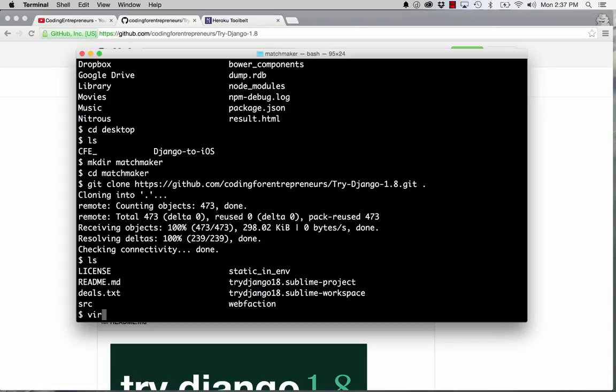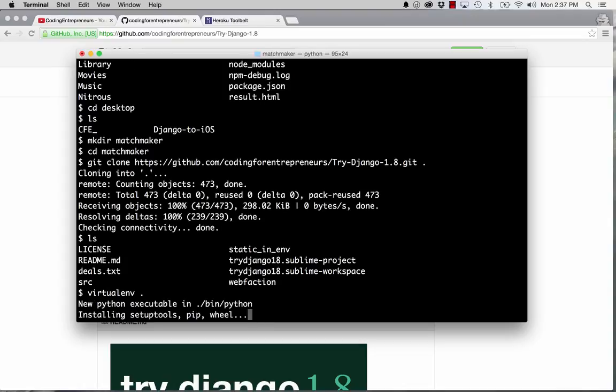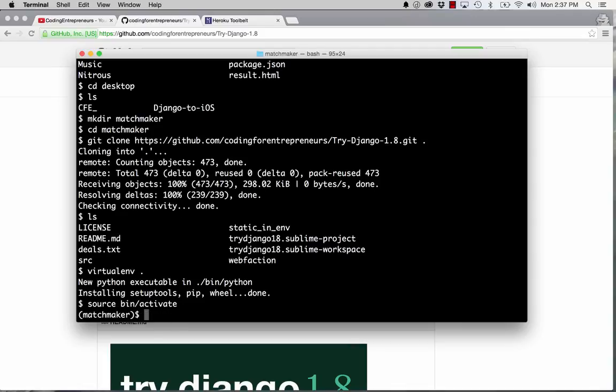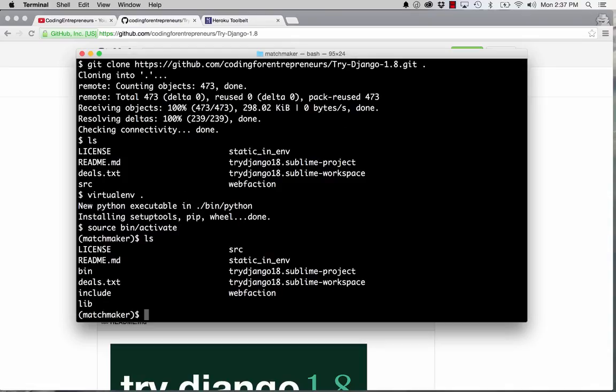So since we have this, we also want to do virtualenv, and I'll just do period. So this is creating that virtual environment for us within this same folder. So if I do source bin/activate, and then of course if you're on Windows, it's Scripts/activate. All right, so now that we have our virtual environment activated, we can list everything out and change into src,